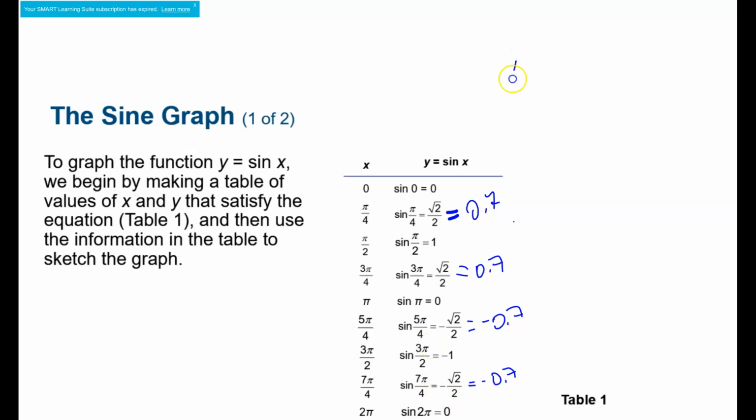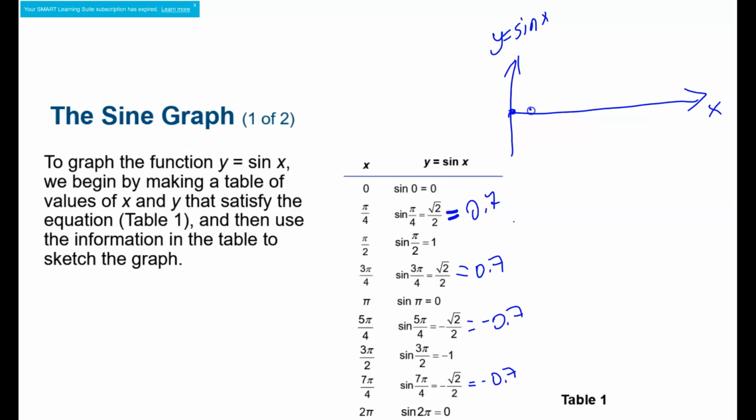Now, let me make the graph, the sketch of a graph, very rough. I have a more precise drawing. I'm going to show you later. So here's my x and here's the y. In this case, y represents the sine of x. And we start by graphing these points. This is point 0, 0,